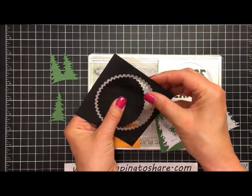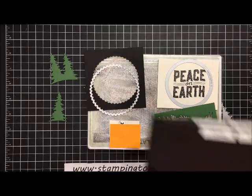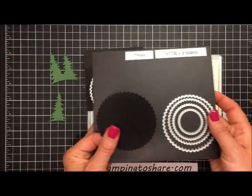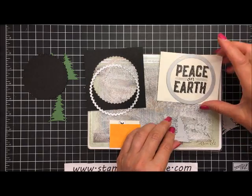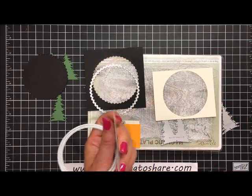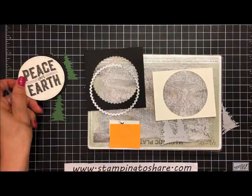Then I did use our circle framelits, and I used the largest of the scallop. You get 8 straight and 8 scallop, and I used the largest scallop to make my black scallop. And again, this is just all using little pieces of scrap paper here. Here's our piece on earth, and for that one I used the stitched shape framelits, and we'll be gluing that